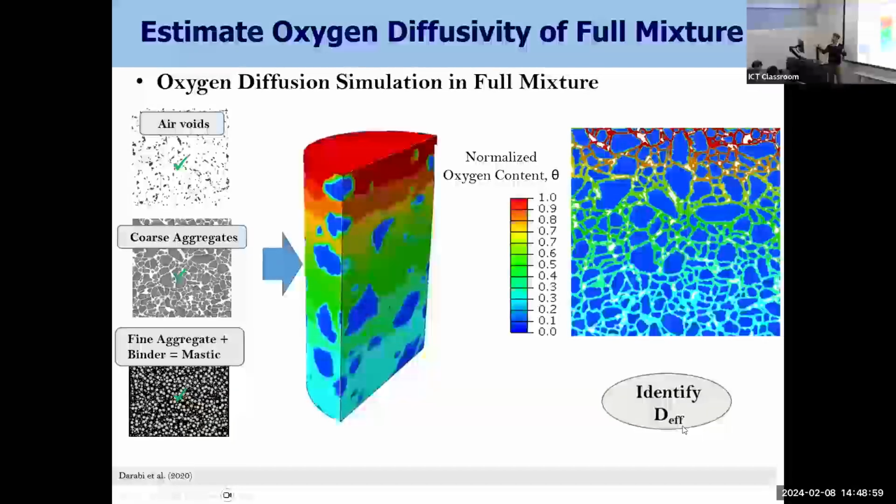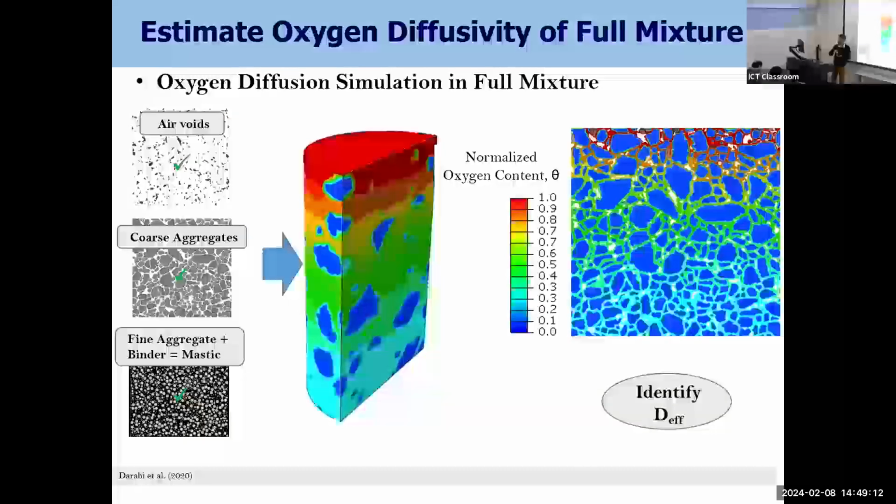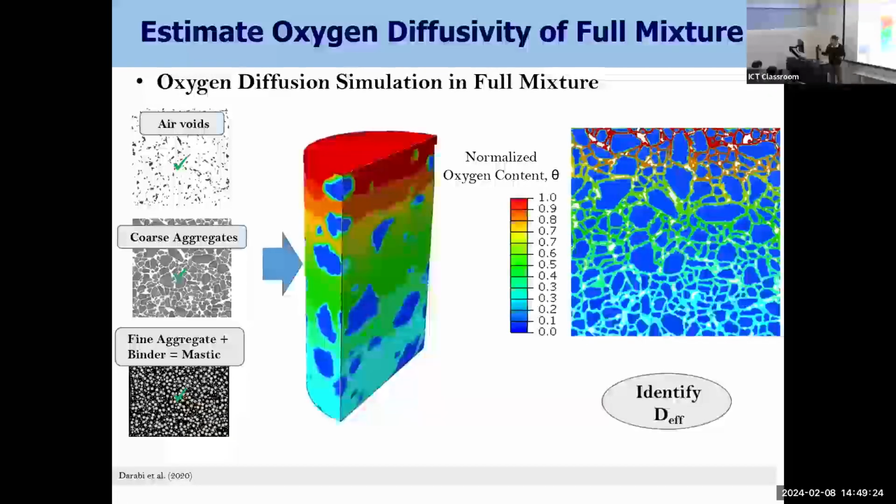Now you can create a pavement, put the oxygen on the top numerically and see where it goes. And based on that, you automatically will have a stiffer layer at the top. And as you go down, the material becomes softer and softer. But I'm pretty sure, or at least I presume, that experimentally the layer at the top should be stiffer.